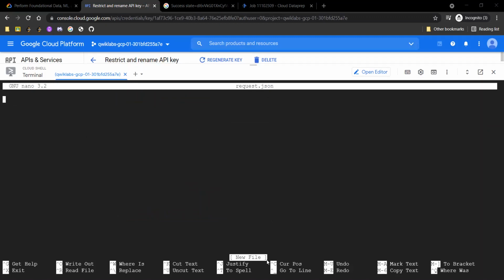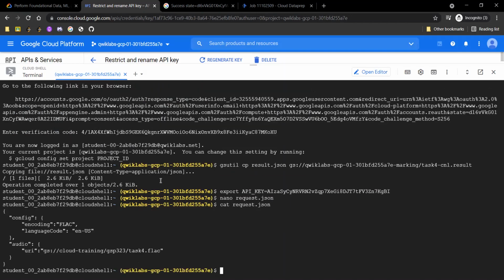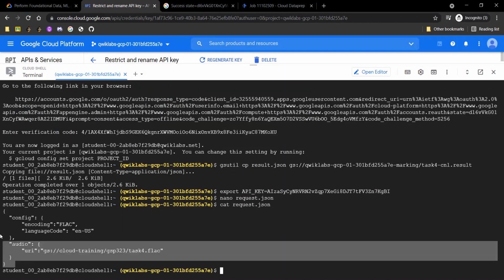Nano is an editor using which you are editing your request.json file, and just paste this line into your request.json file. Now press Control S, so it's saved, and now press Control X. Now let's see if our request.json file is successfully edited or not. So yeah, it's successfully edited.